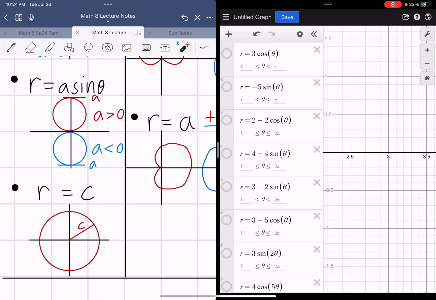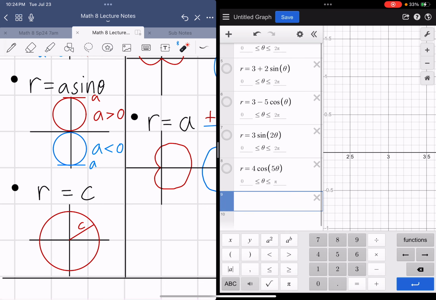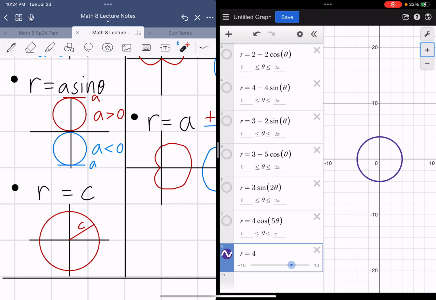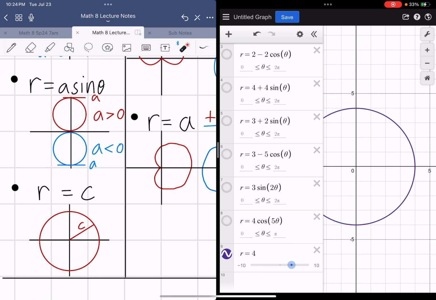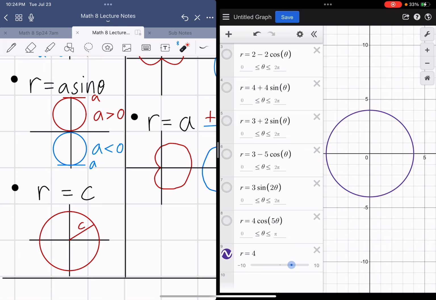So any circle you can imagine, I can do one really quickly. r equals 4. It's just going to make a circle centered at the origin with a radius of 4. That one's pretty straightforward. Now, the next 3